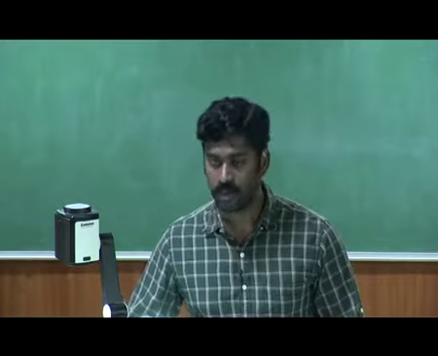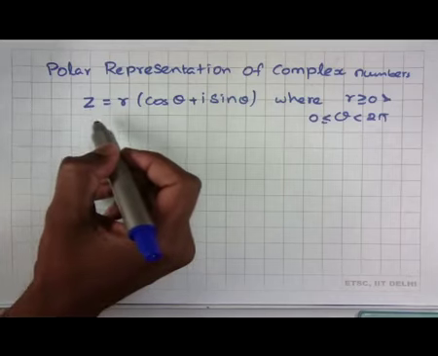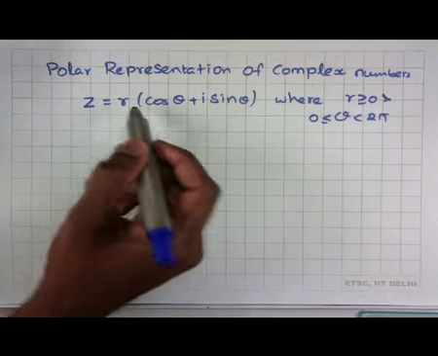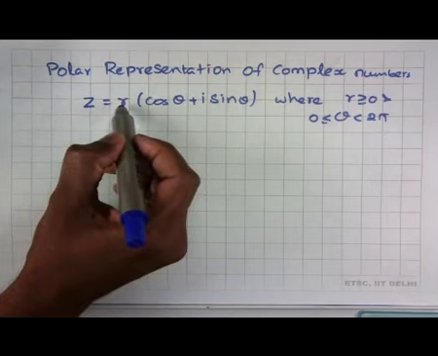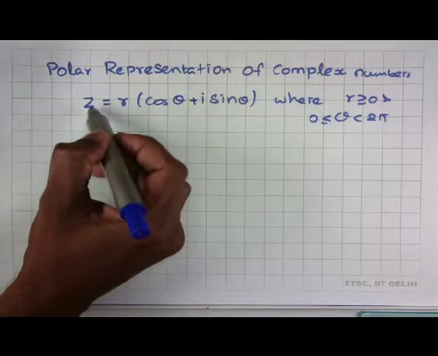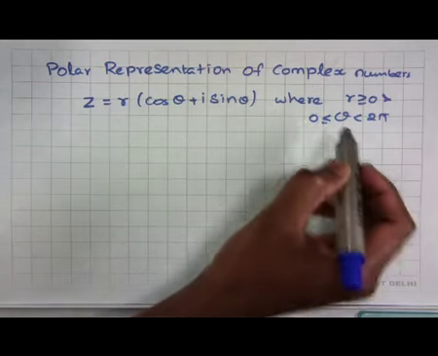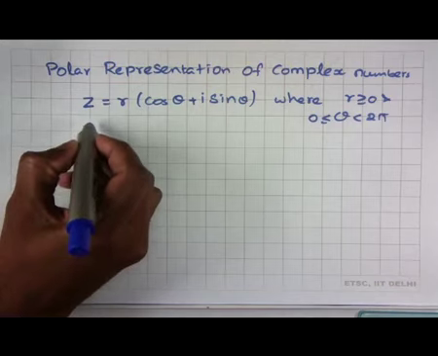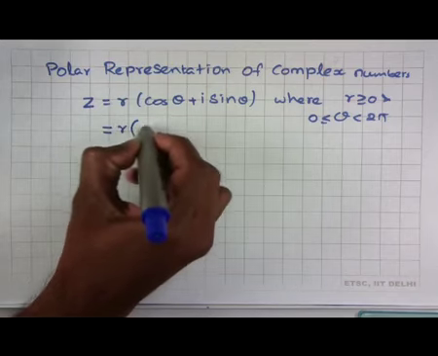Let me recall the polar representation of a complex number. Any complex number z can be given by the representation r (cos theta + i sin theta), where r denotes the distance from the origin to this complex number and theta denotes the argument, which lies between 0 and 2 pi. And let me again recall, the same number can have different angles